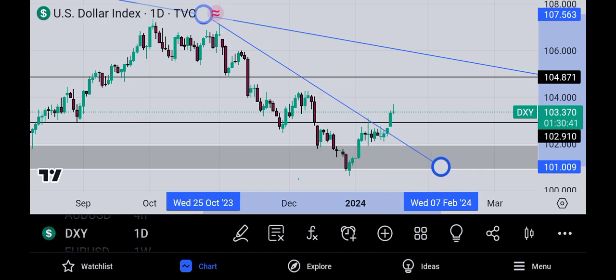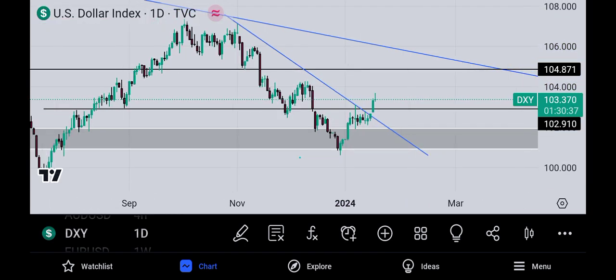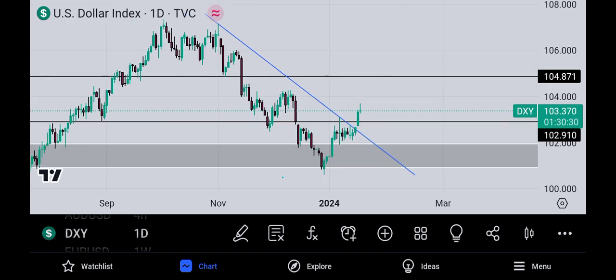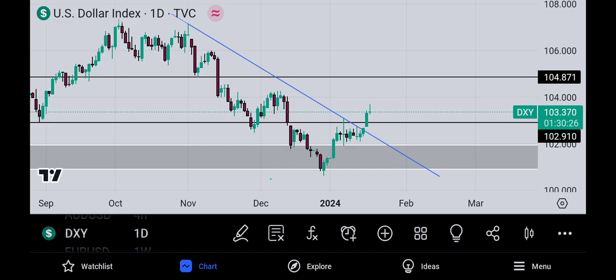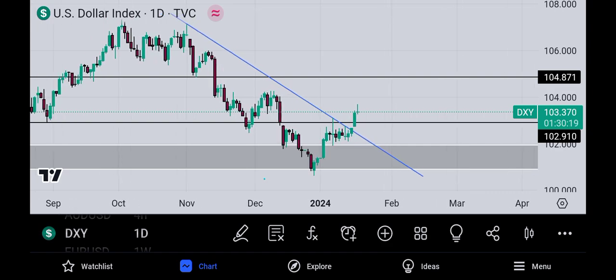Has broken this trend line. Let me draw it properly. So as you can see, this market is due for some buys, and there's a lot of pressure trend that states that in the course of a reversal, there must be a change in character. There's what we call change in character, and that change in character